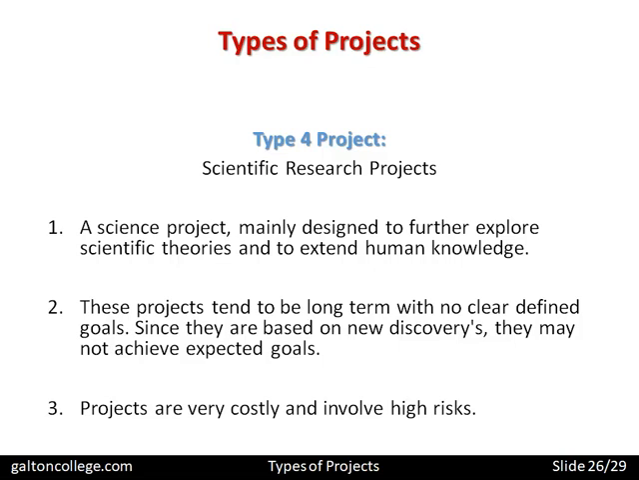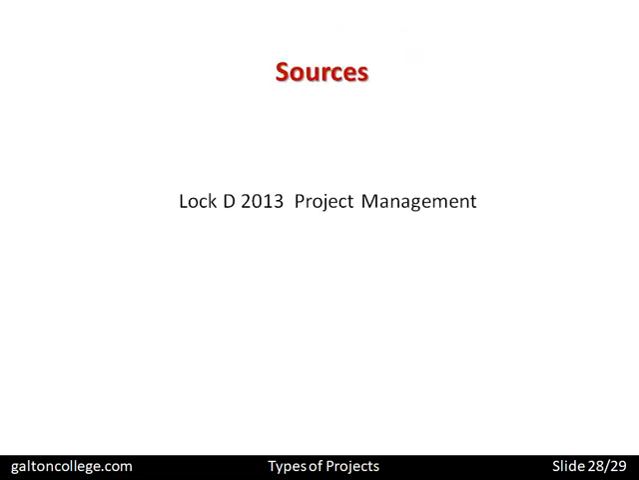And that is the classifications put forward by Locke. The book is Project Management, published in 2013, and it just simply sets out the 4 different classifications for projects that we've just examined. And that's all we need to deal with in this short video, so let's leave it at that